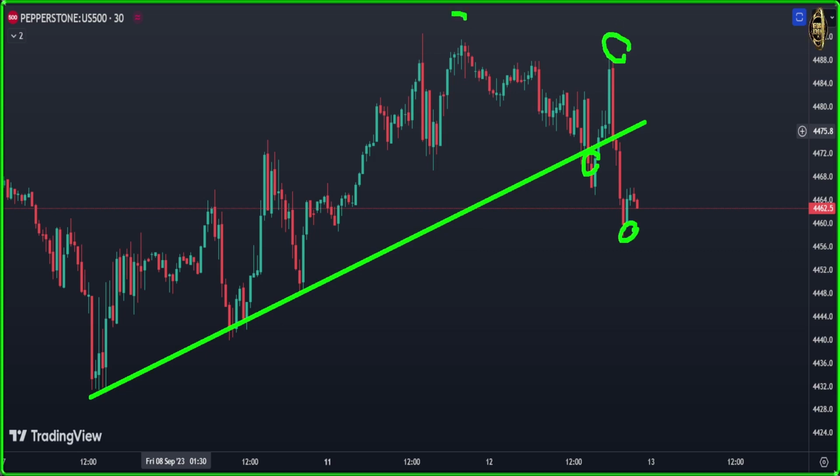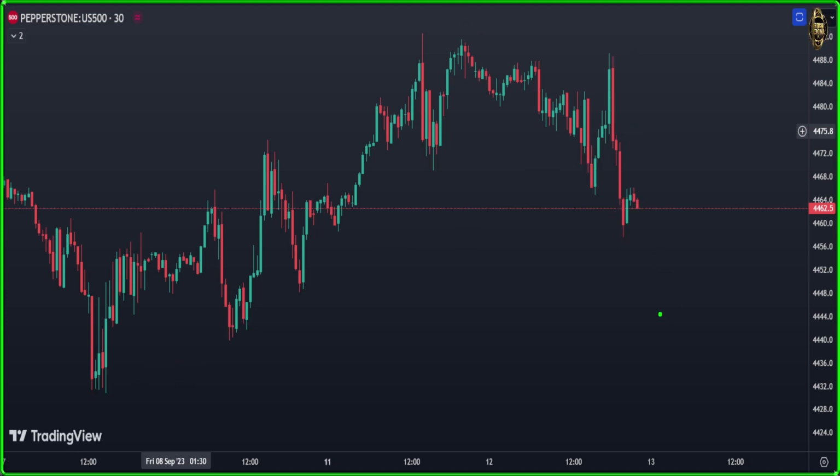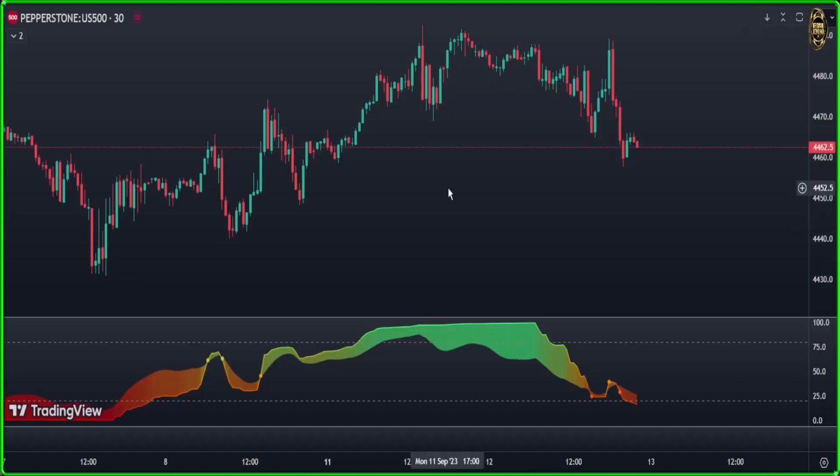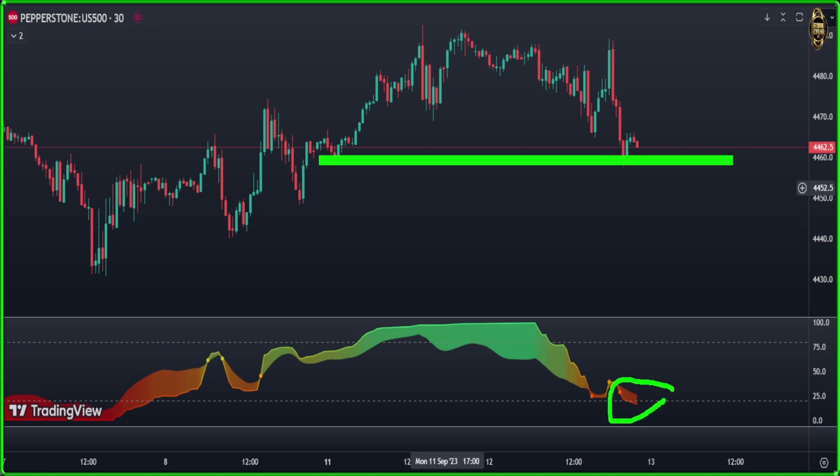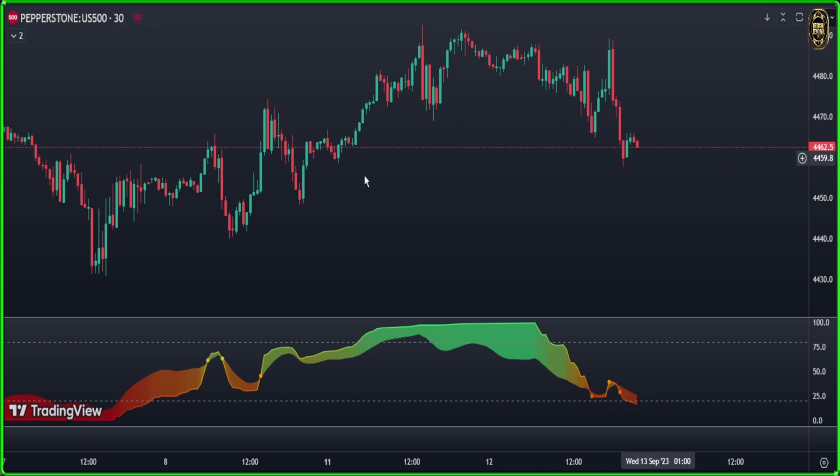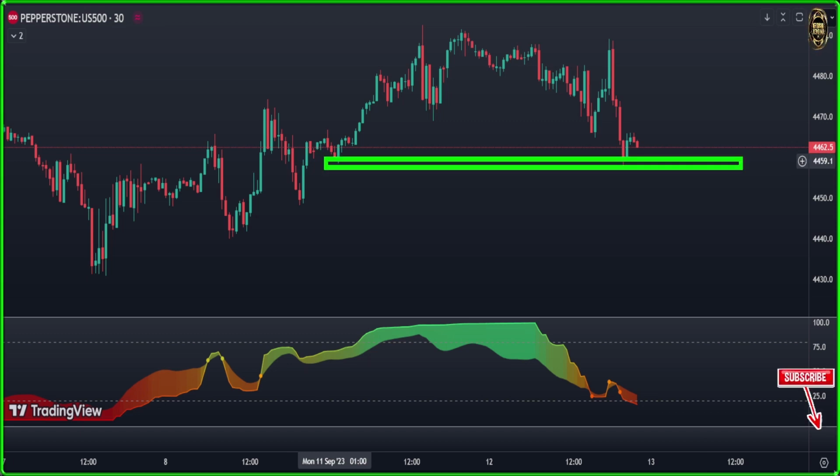Yes, it went back up, but I put my stop loss above here. Till now it's showing me it's going to fall down more than that because we don't have any price action here telling us we need to enter long. Yes, even if we see our indicator touching the oversold area level, and also we are in a very, very strong supply and demand zone, which is exactly here. Let me tell you the level. Is it at 4459.1? That's the level. But I do it like that as a supply and demand zone. That is better.